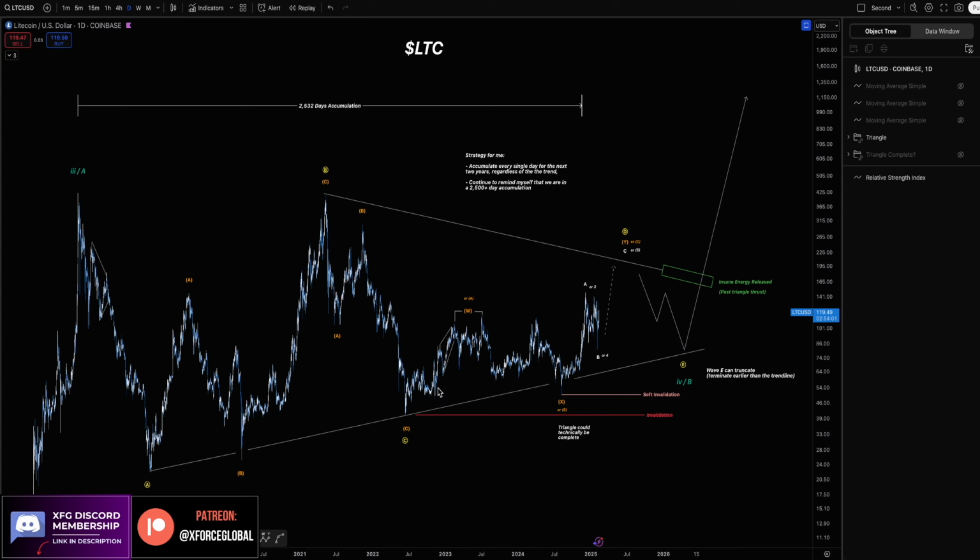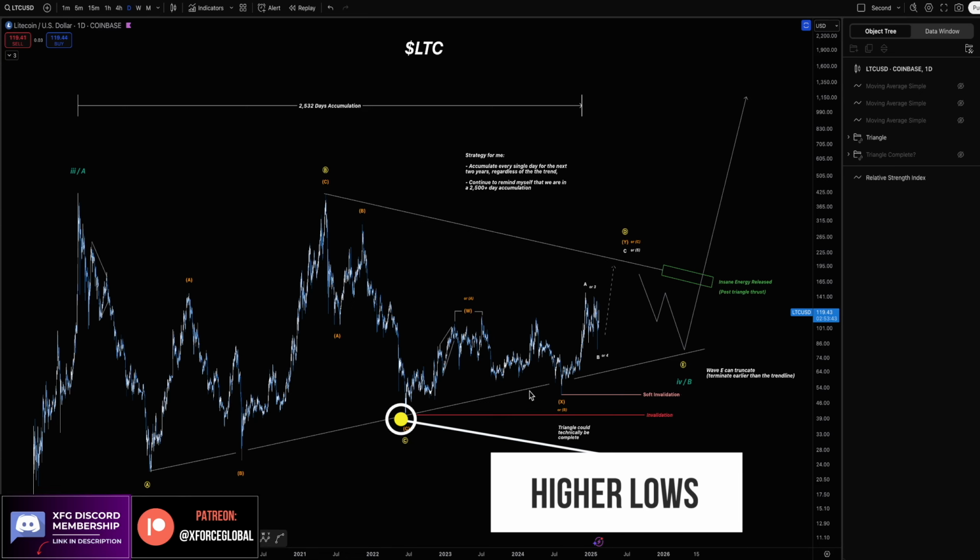Now, I believe this coin is portraying a great look, not only from a basic technical analysis perspective, but also purely from an Elliott Wave perspective when trying to fit in a high probability pattern as objectively as possible. What we have here is a possible triangle in the making, in my opinion. And that being said, the first thing that is easily identifiable when it comes to simple technical analysis is the series of higher lows being created.